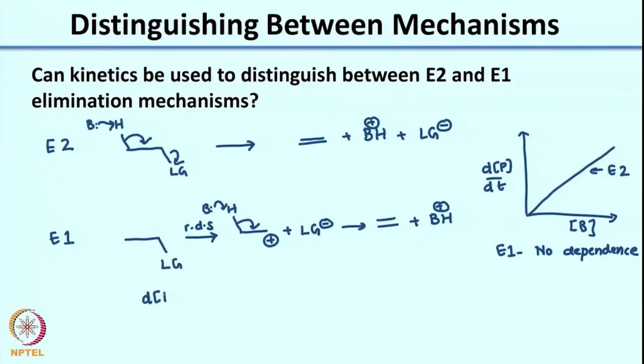So what you would essentially get would be, I am directly writing the simplified form. I am calling this RLG. Whereas for an E1,